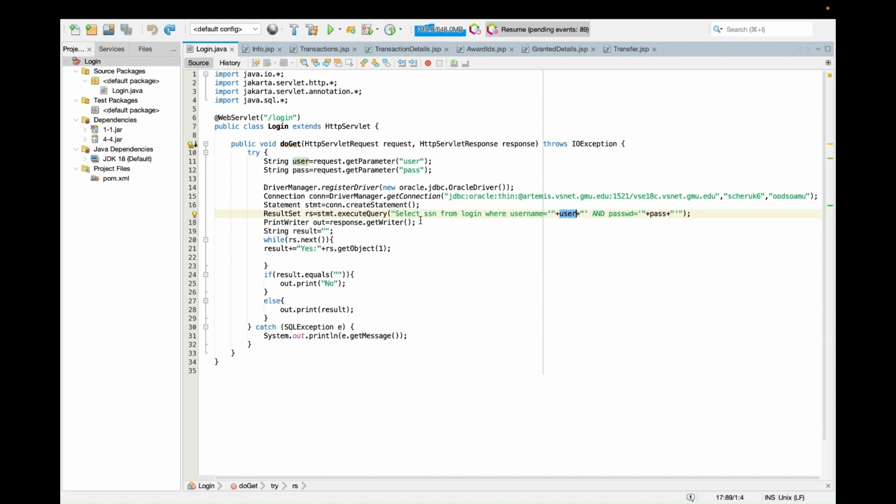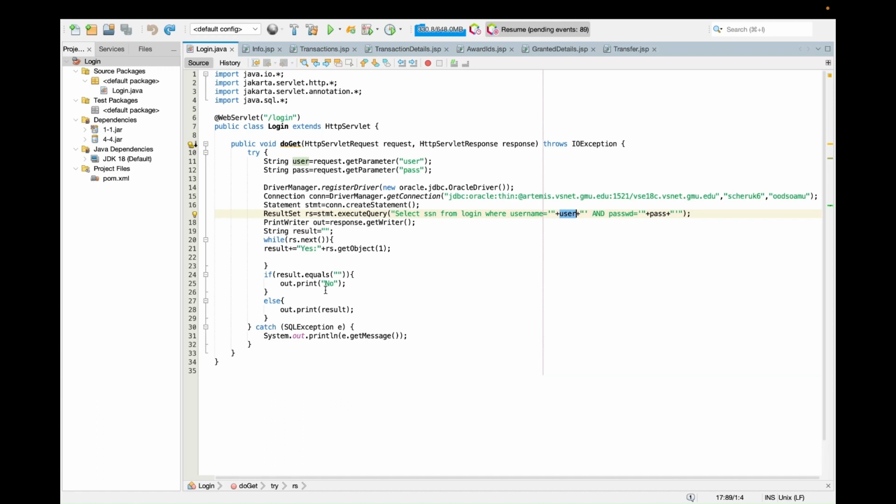Once we execute the query, we store the result in a string result. If we find a certain username and password in the login table, we store the resulting SSN with a flag saying yes. If we did not find anything with the same username and password that we passed here, we result in a